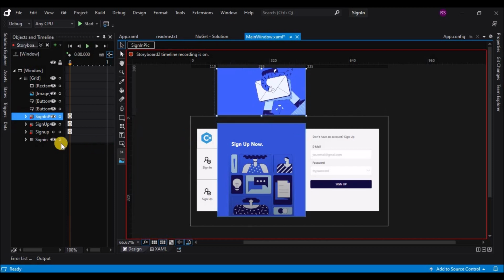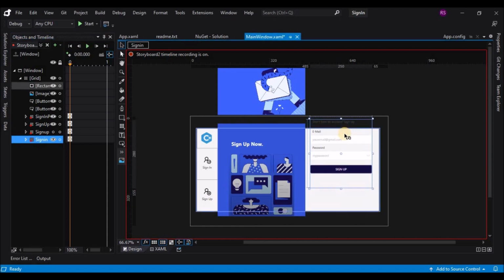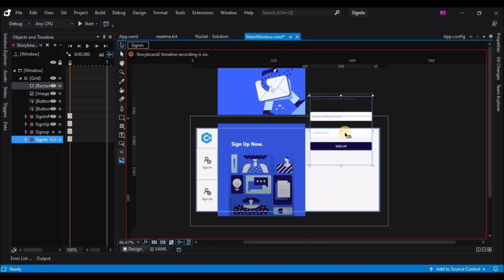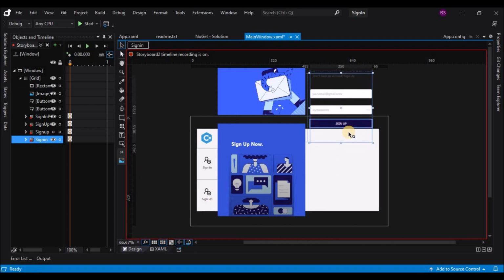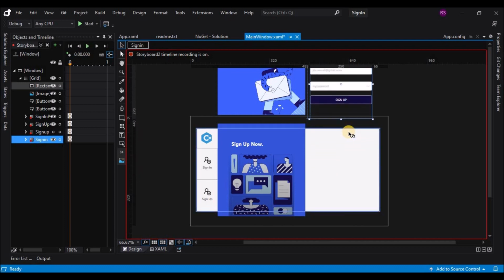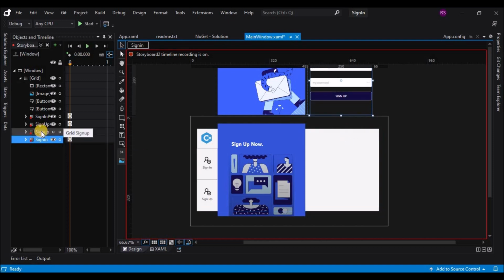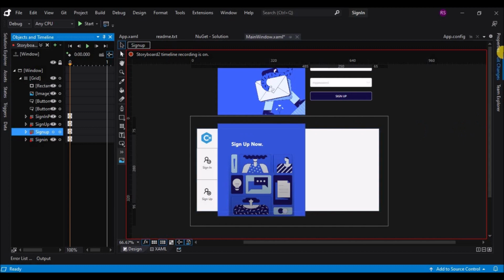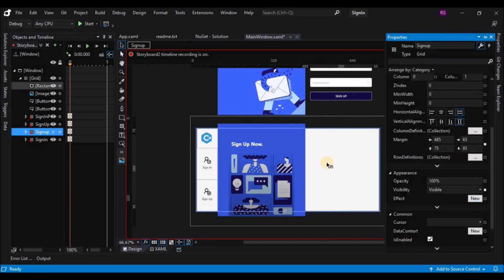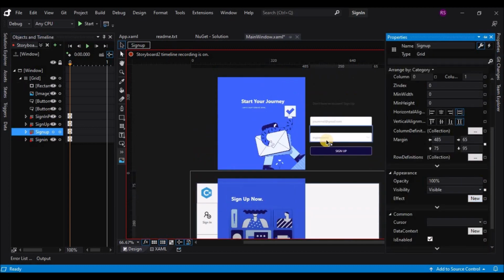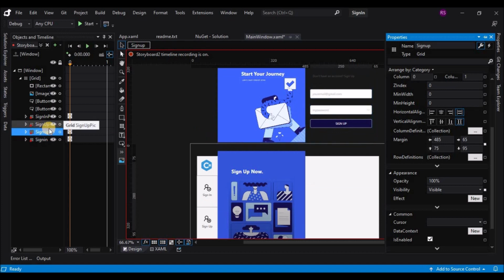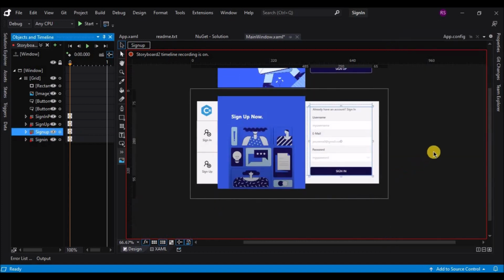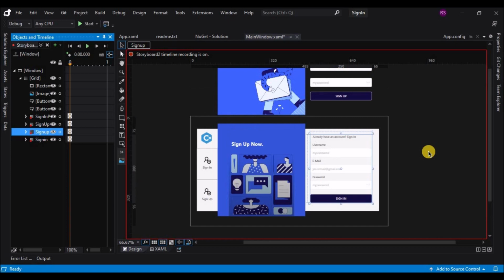So on the first keyframe they will be out of the window, the sign up will be visible. And on the 0.5 keyframe, sorry, I forgot to change the I button back to visible.